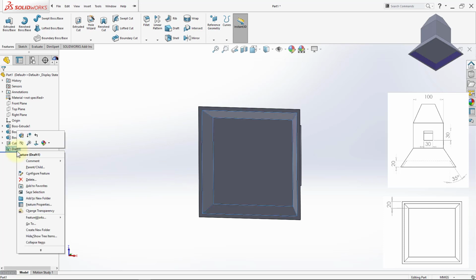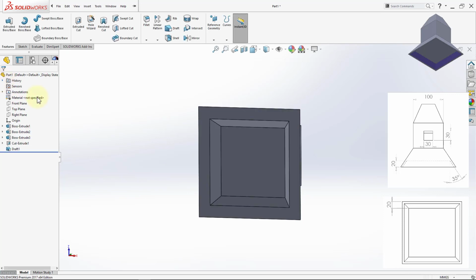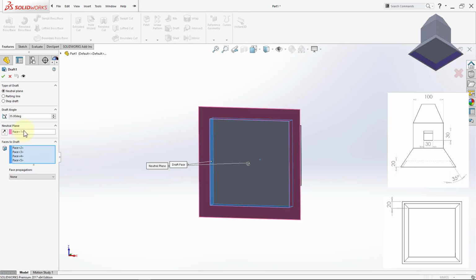Let's go back and experiment a little bit here. So if I change the neutral face or the neutral plane from this one in the bottom to the one on the top, and then click OK, we will notice that this surface or this plane or face on the top did not change in measurement, and the draft went inward, taking away from this plane at the bottom. However, this is not what we want, so we're going to go ahead and change that again